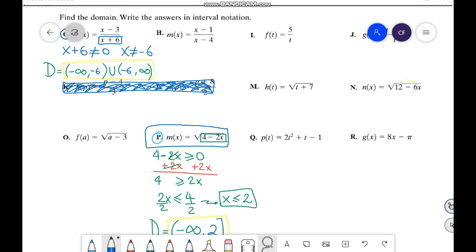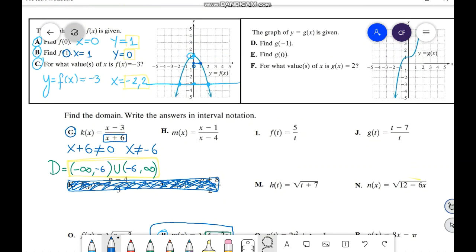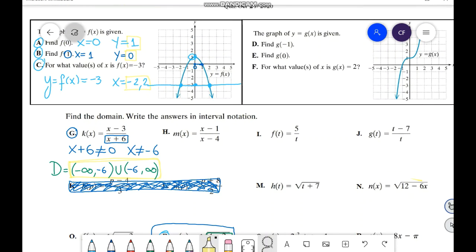What was B? B, y equals 0. See? And B, y equals 0. For x equals 1, you have y equals 0. And let me see, we have